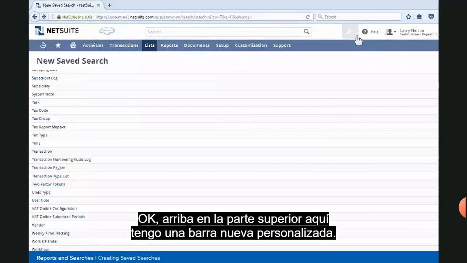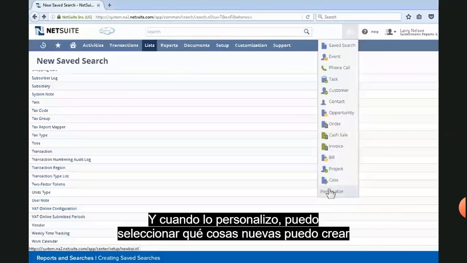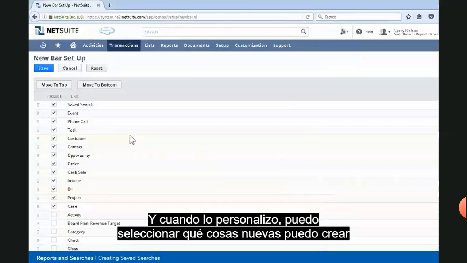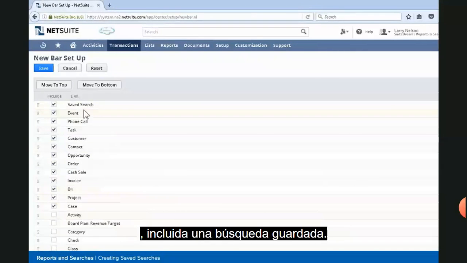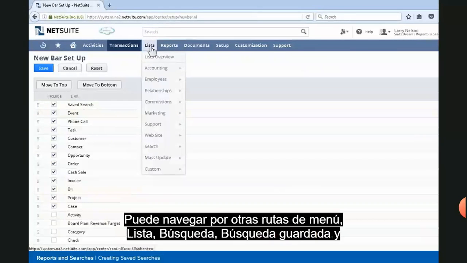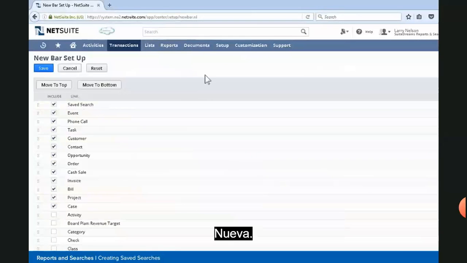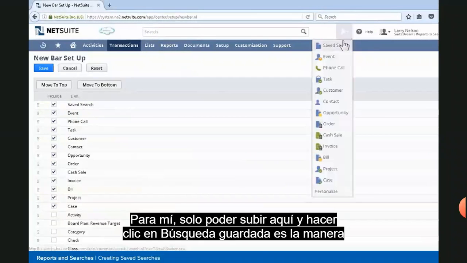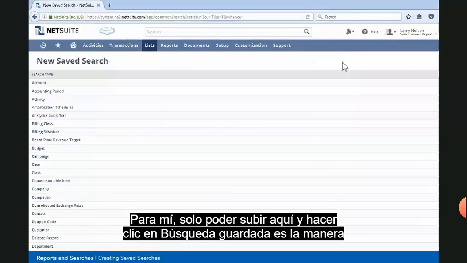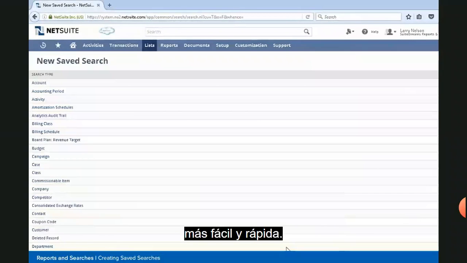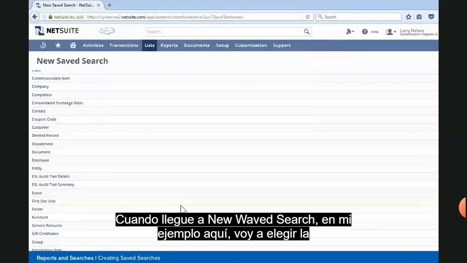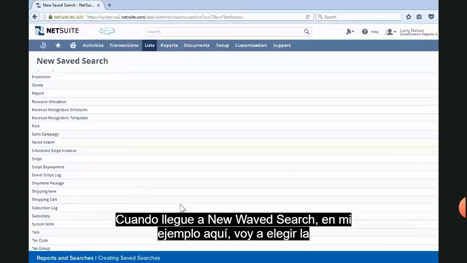Okay. Up at the top here, I have a personalized new bar. And when I personalize it, I can select which new things I can create, including a saved search. And I moved mine to the top. You can navigate through other menu paths: list, search, save search, and new. For me, just being able to go up here and click on save search is the easiest and fastest way. When I get to new save search, in my example here, I'm going to choose